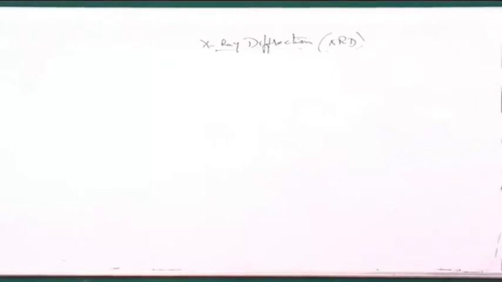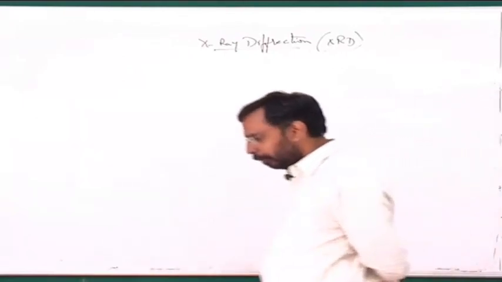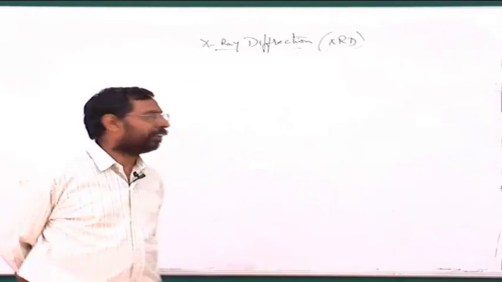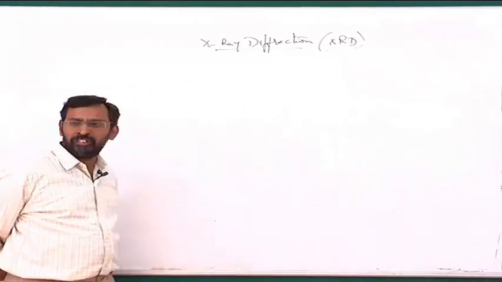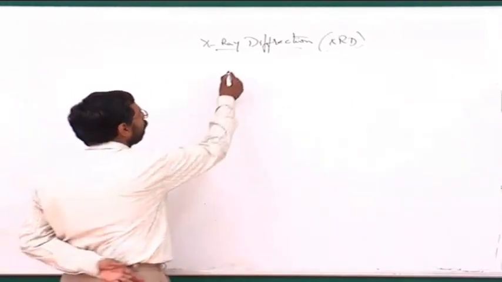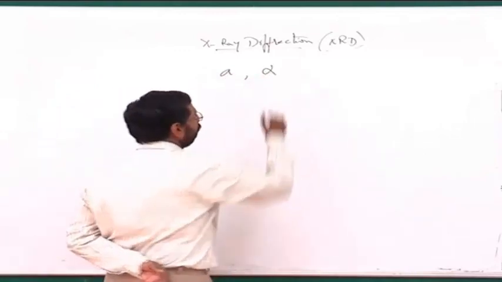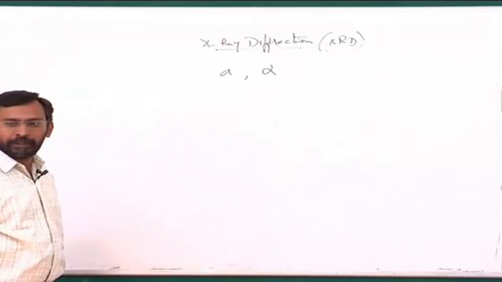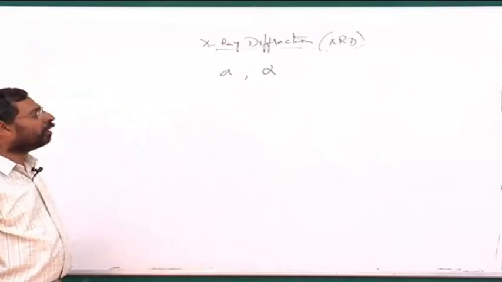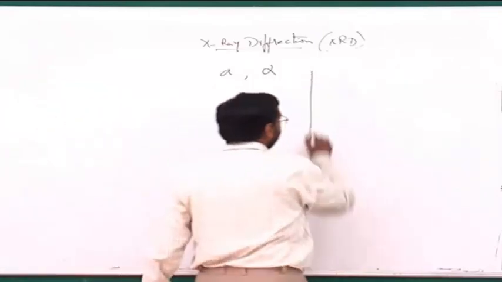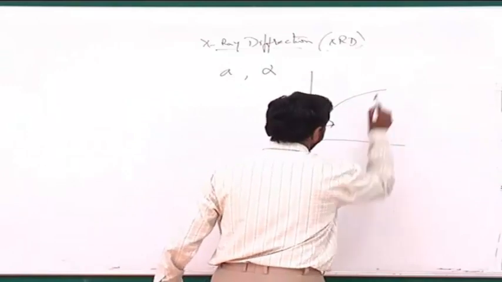So yes friends, last class we were talking about basically trying to find out the lattice parameter based on X-ray diffraction techniques. And we said in principle, if I can find out the lattice parameter precisely for a particular phase, let's say a phase called alpha, which is typically a terminal solid solution, I may be able to find out what is called the solvus line.